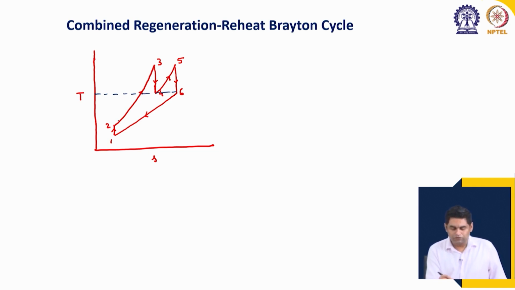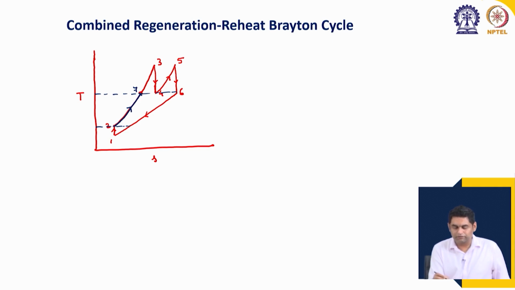Going from 2 to say 7, for the ideal case with optimal design parameters, this T7 is equal to T4 equal to T6. So, going from 2 to 7 is the heat transfer to the air in the regenerator,